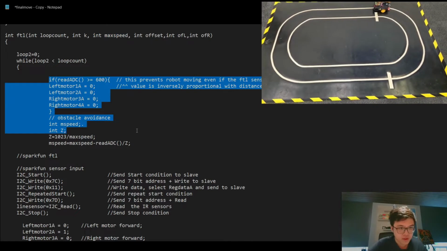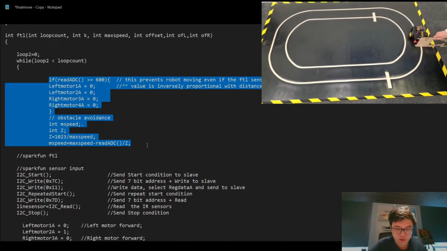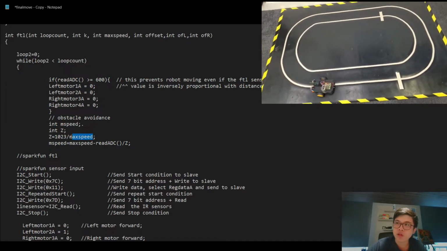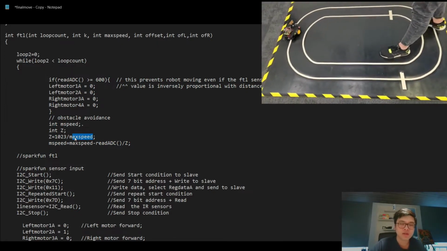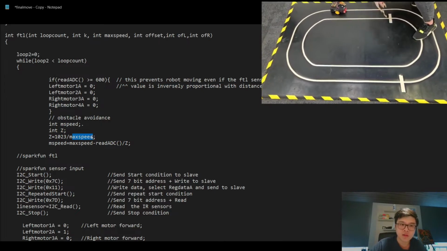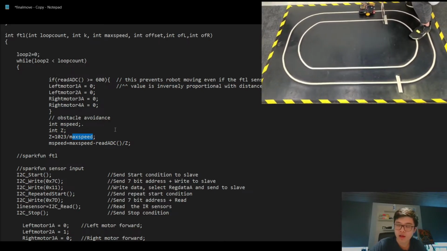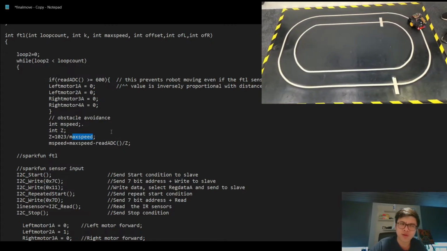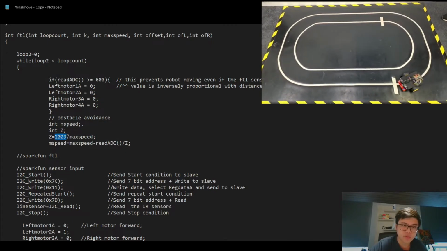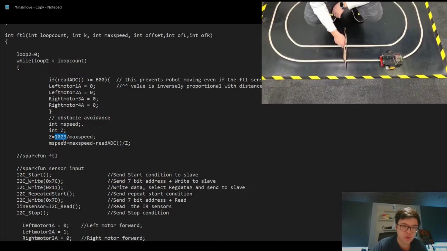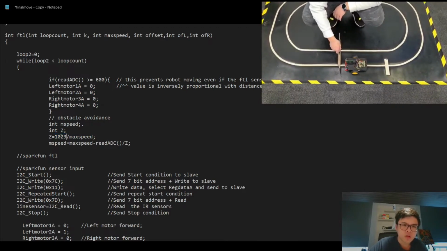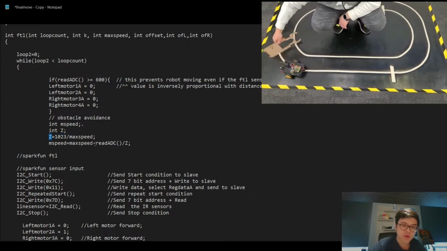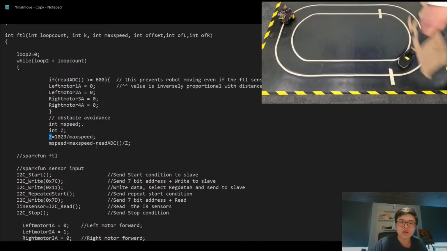This section over here is the actual obstacle avoidance. So the max speed itself is the desired speed that the user wants the robot to move at. Let's say we want the robot to move at half the theoretical maximum speed. We'll put it around 500, and the theoretical maximum input for the motor is 1023. So we take 1023 divided by the max speed, and we get the ratio Z, which is used because the input